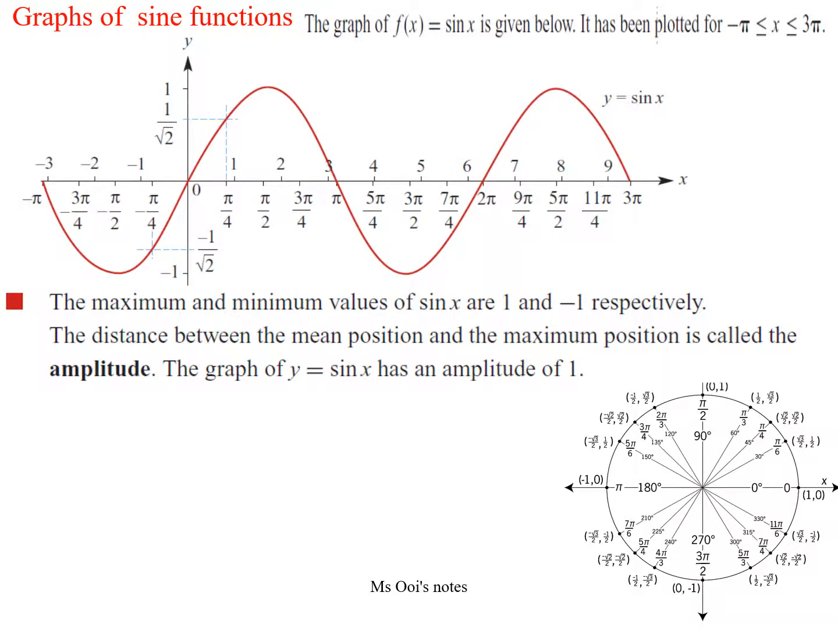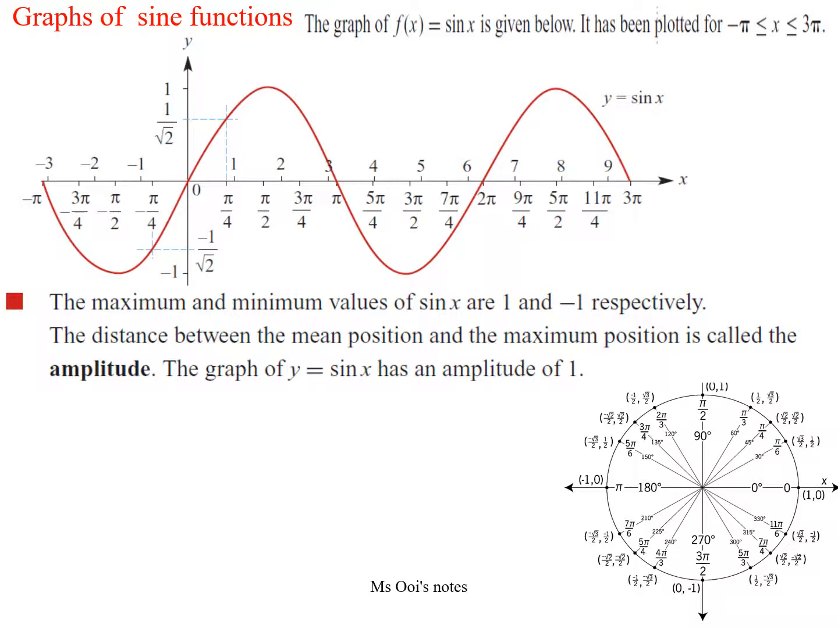So let's look at the graph of sine functions. The graph of f(x) = sin x given below, we're only looking at negative pi to 3 pi, and we know that the sine curve keeps going on forever unless we're given a fixed domain here. What is important to take note of here is that the maximum and the minimum value of sine are 1 and negative 1. If we look at the unit circle, as I mentioned before, we are plotting